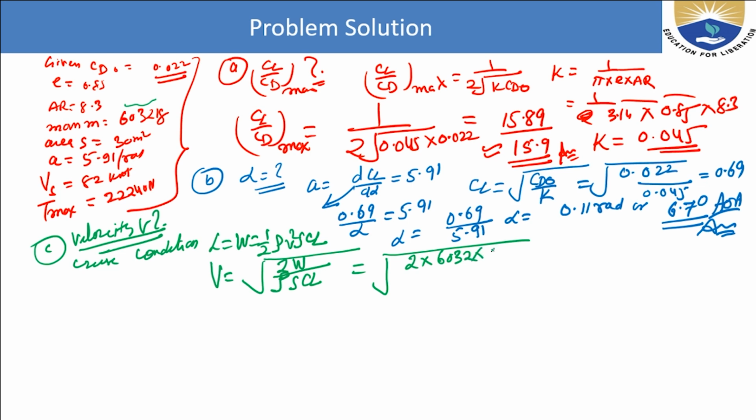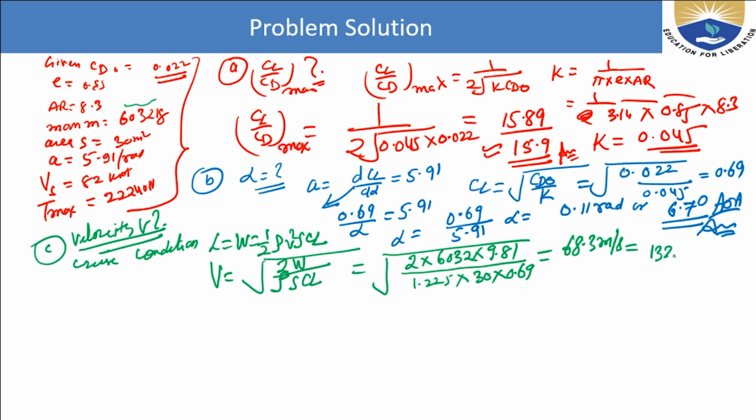6032 into 9.81 to convert kg to Newton. Rho is 1.225. S, the area, is 30 meter square. Into CL we have found 0.69. So you will get this velocity, 68.3 meter per second, and this we can convert